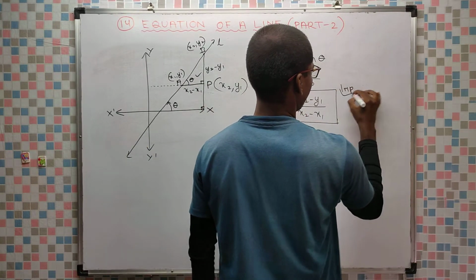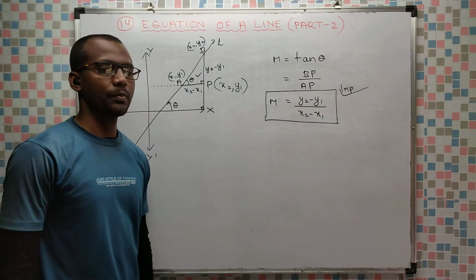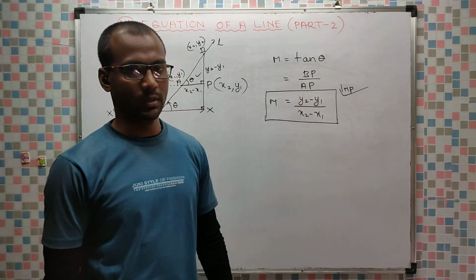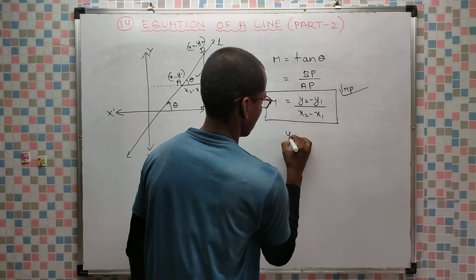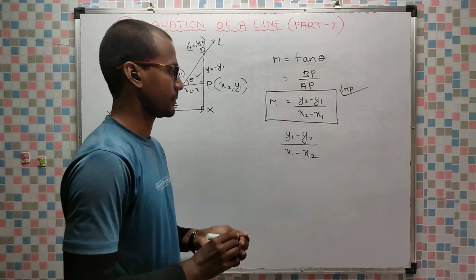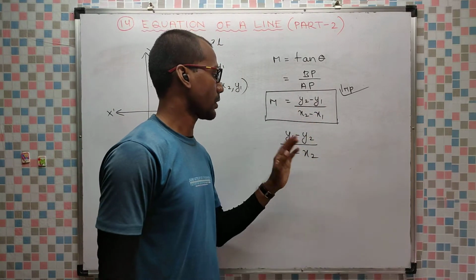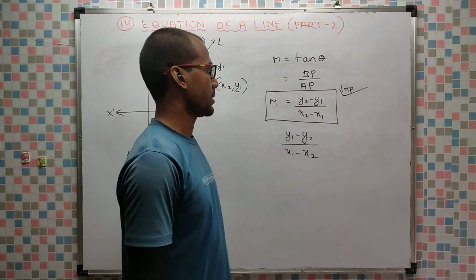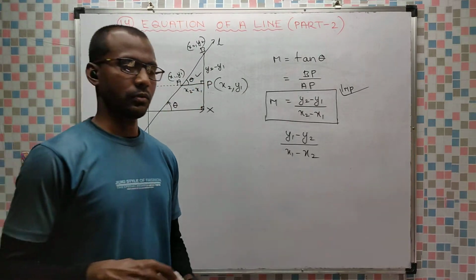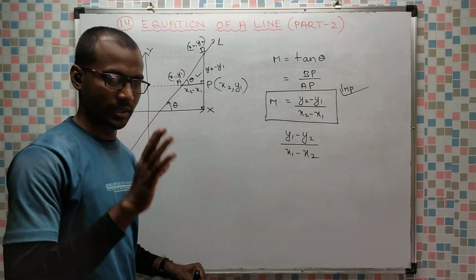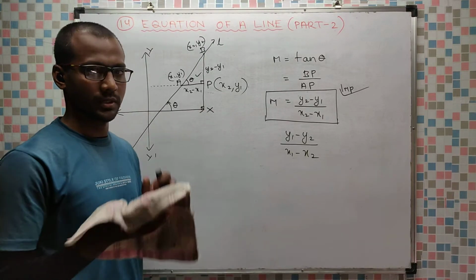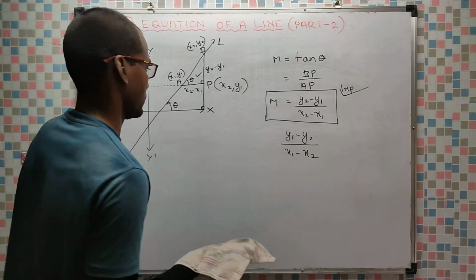So slope of a line whose theta is not given but coordinates are given is y2 minus y1 by x2 minus x1, or y1 minus y2 by x1 minus x2. Either 2 1 2 1 or 1 2 1 2, both are same. You get the same value. But don't mix 2 1 with 1 2. Don't do like this. Let us take a very simple example, then this part will be over. In the third part, I will go to equation of a line. These are all basic concepts. Then only we can move to equation of a line.